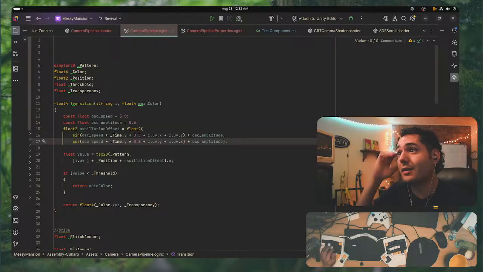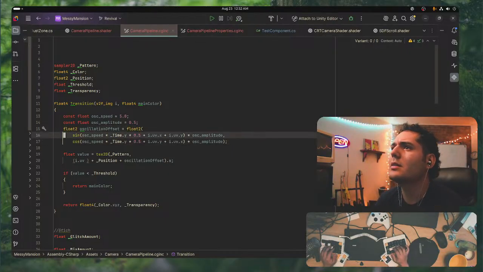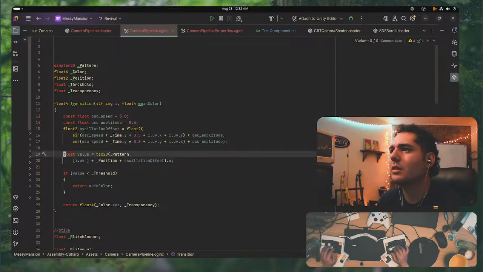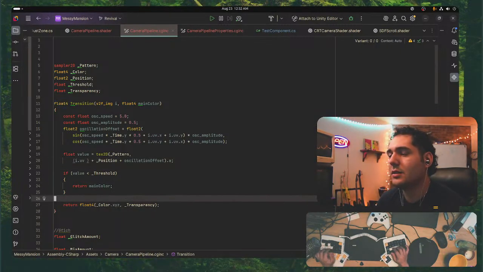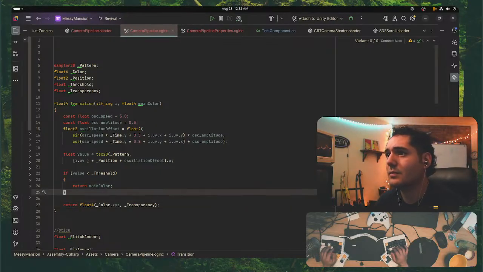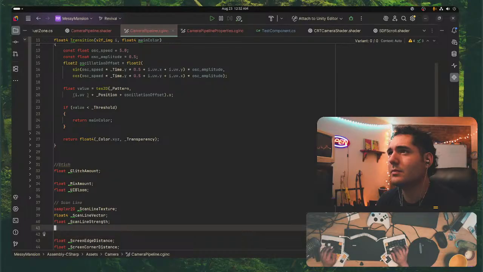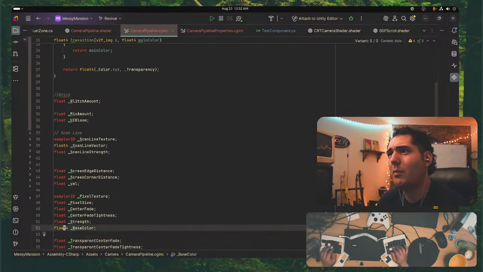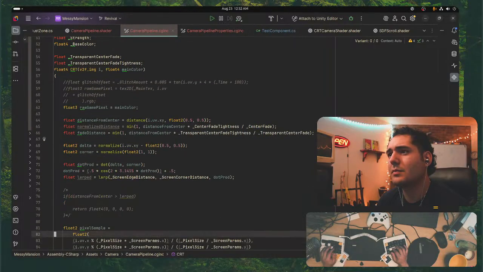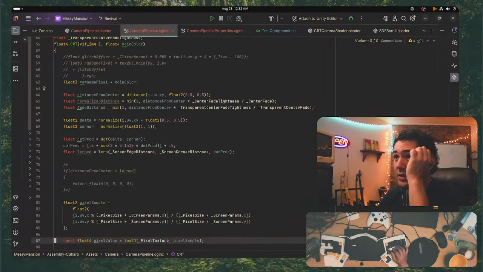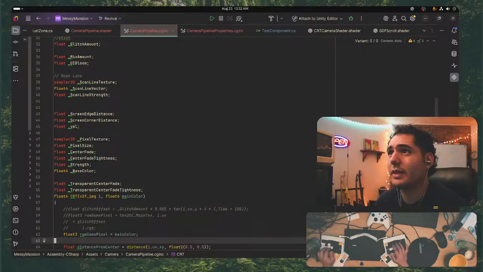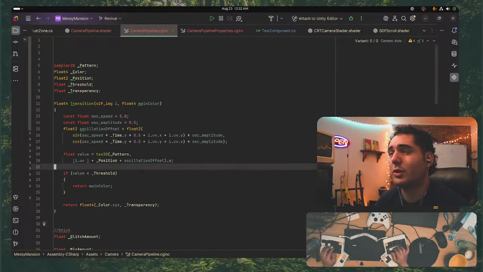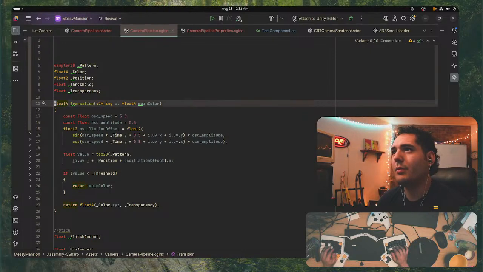The more crazy things. UV. What am I sampling here? Okay, that's the pattern. Okay, that's fine. And then color transparency. Okay, that's fine. I think that's fine. And there's a CRT one, which is kind of working, but also kind of not working. Actually, the transition one isn't even working properly either, because you have the input main color, and then